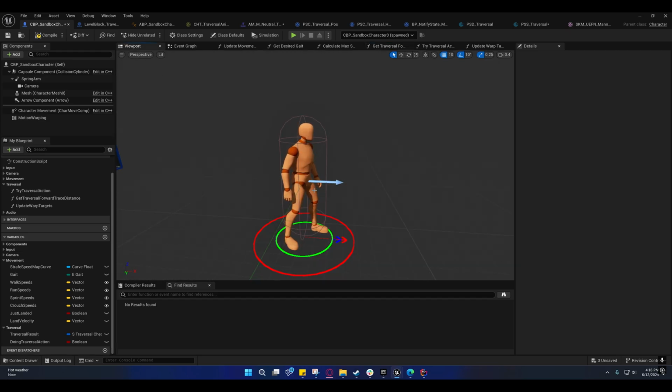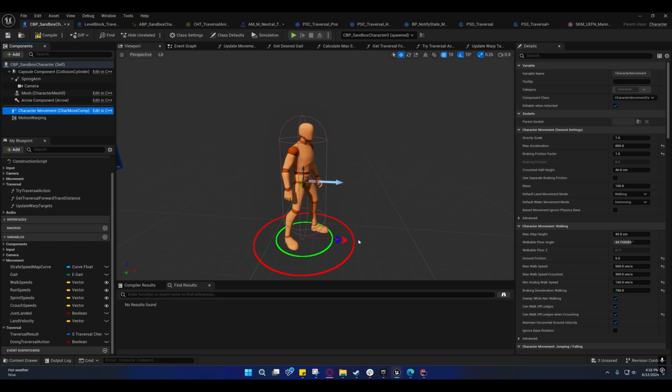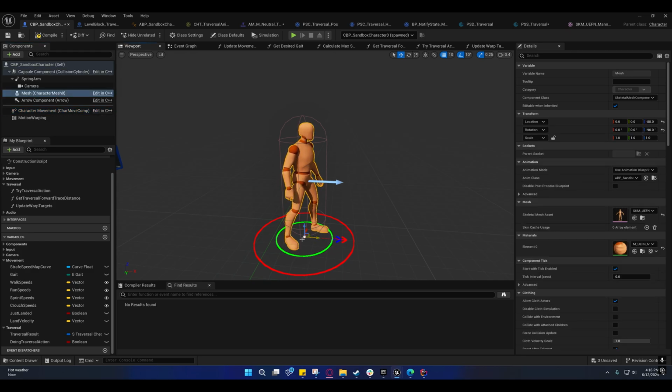A lot of people get confused by this because the Y is actually the forward direction, but whenever they unrotate it, it's the X direction. Well, the character movement component's forward direction is the X direction, but you'll see that this mesh's forward direction is actually the Y direction. But we have to rotate it -90 to orient it with the character movement component. So anyway,